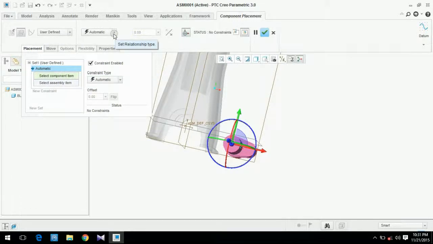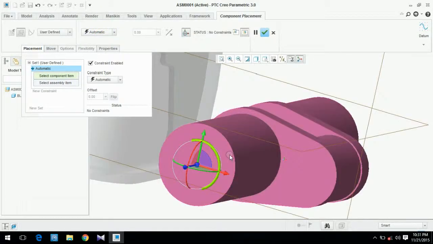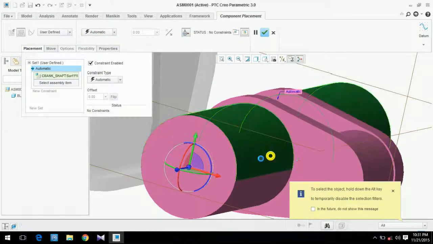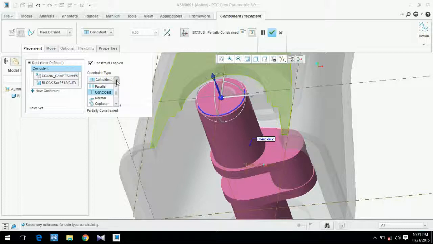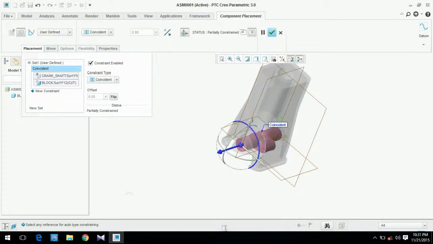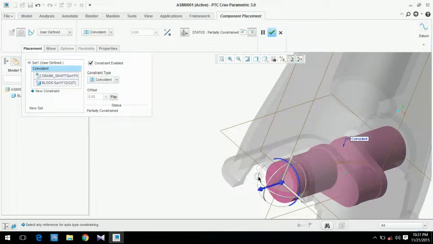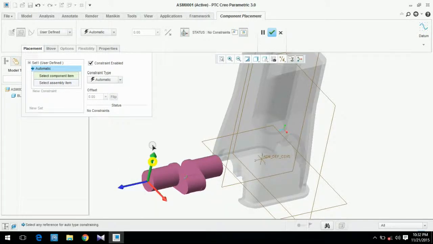First of all, I am giving this constraint. I am selecting this surface, first surface, and this surface. Then it already shows us the options. It can be parallel, coincide, normal, or coplanar. Whatever you want, you can choose. Then these are the degrees of freedom which are shown in color. That means this degree of freedom is locked. If we didn't apply this relation, then what could happen with our part? We could translate it in different directions, x, y, and z.